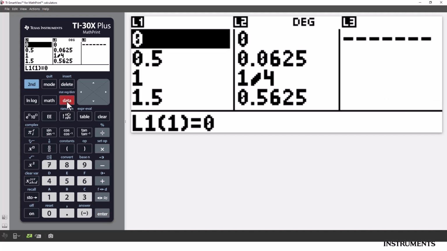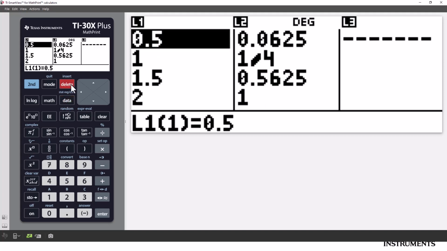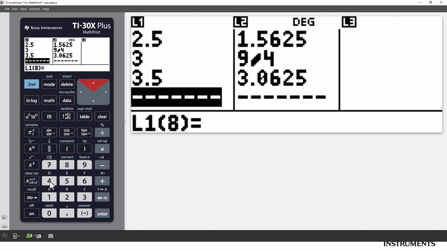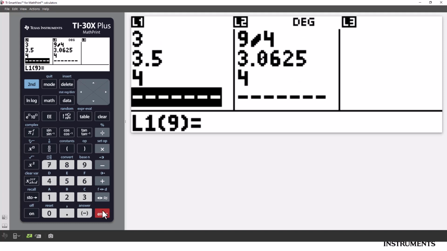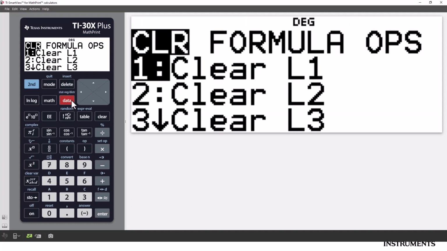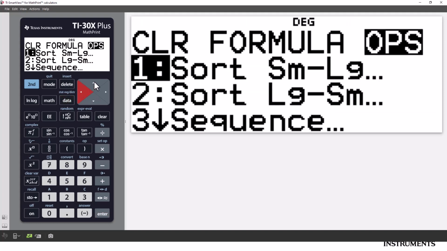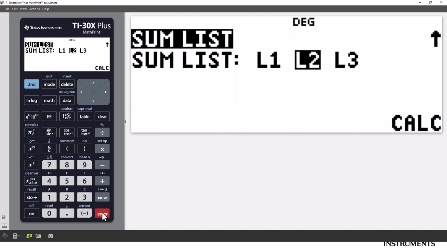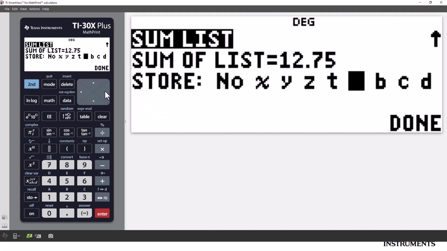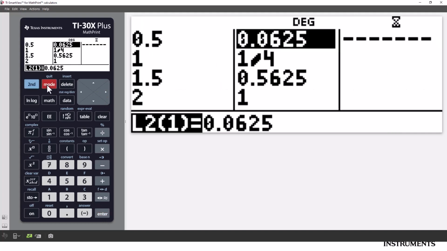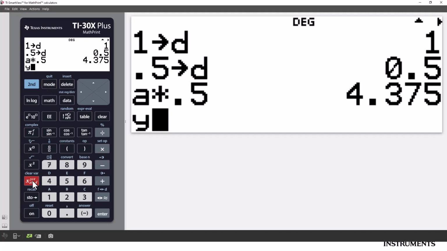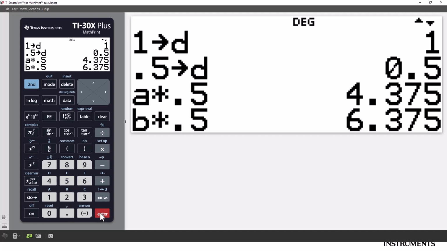Let's go back to our lists, and of course for the right bound rectangles, we skip that first one, press the up arrow, put in the last rectangle, and again everything gets updated automatically. And now remember, I did the sum, so we'll go across to sum the list 2, and this time let's store the result in B. And I need to do B and multiply it by the width of each column, 0.5, and I get an